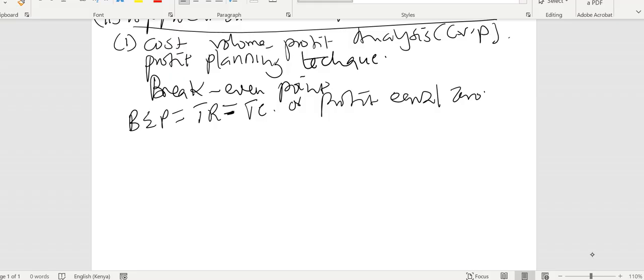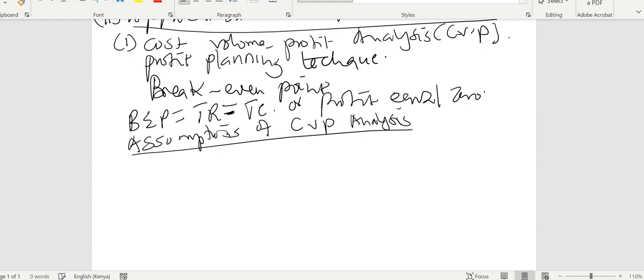They bring in the issue of theory questions, like assumptions of CVP analysis. Assumptions of CVP analysis. So there are those assumptions you can pick from the model, like saying, here, it forms what you call linear. It's a linear function, of course, linear function. So one here you say linearity function,